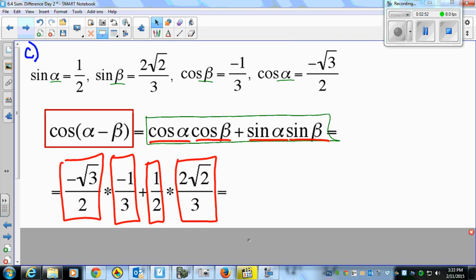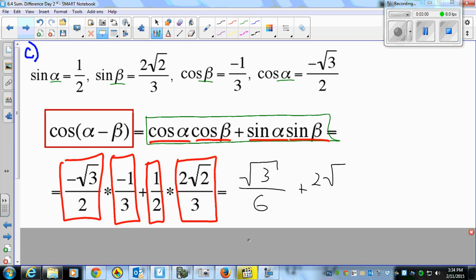From here, just simplify this out. So I get positive square root of 3 over 6 plus 2 square roots of 2 over 6. And square root of 2, square root of 3 aren't the same, so I just leave the numerator as it is. And I can write it over